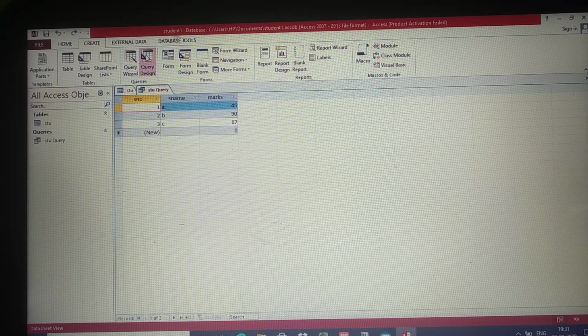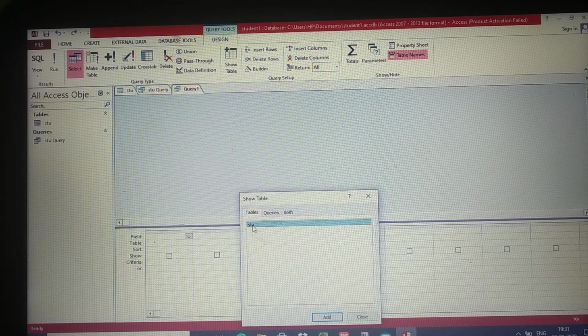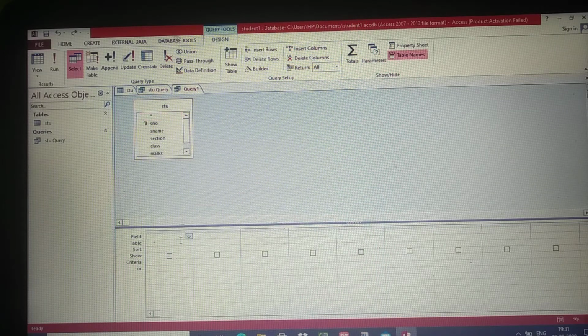Okay. Next here query design. In this query design we will add this table, student table. Next, here we can select the fields. So that is one type. And here you can select the fields. So S name I am selecting and sort by.